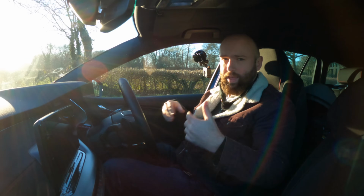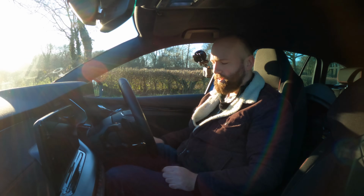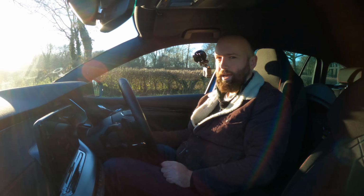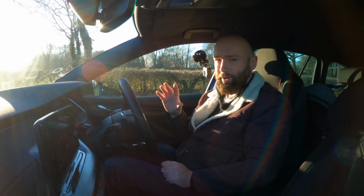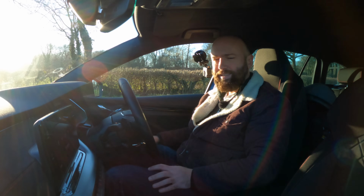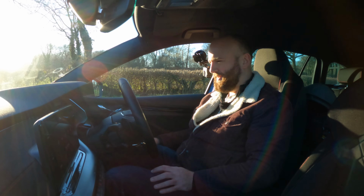Spoiler, I don't think it does, but it is very good. Let's go for a drive in my Skoda Octavia vRS, but there is a problem. When you start it up, I don't know if you can hear that, but it projects this really annoying fake noise into the cabin that's trying to be like a late 90s Subaru. It's all warbly and it's just a bit